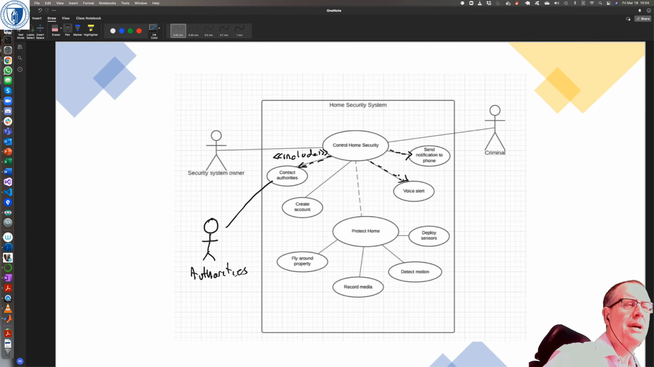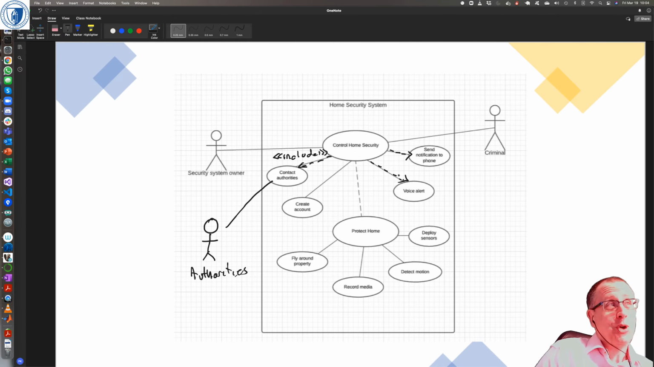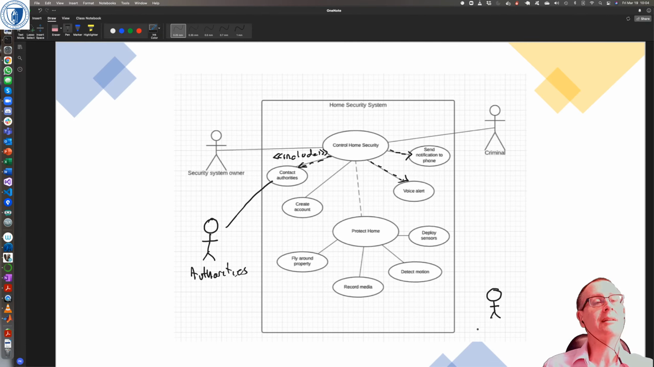I'm trying to think about the protect home use case, and I'm not quite sure what the right thing to do is. I still think it's telling me that there's another actor that's missing, right? So I think we need another actor that's the home, the thing that's going to be protected, right? I think that's what we need, because the reason I say that is